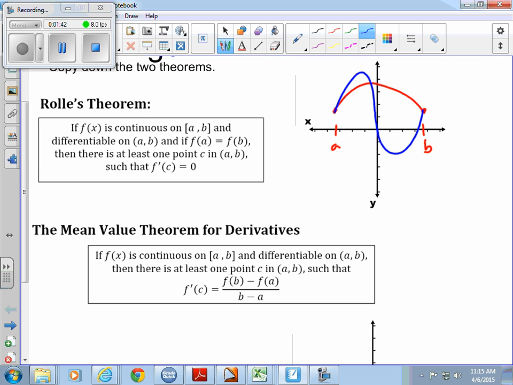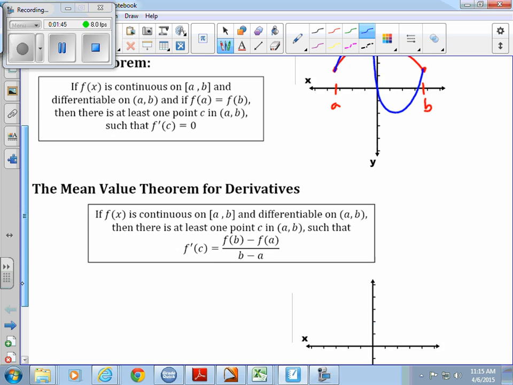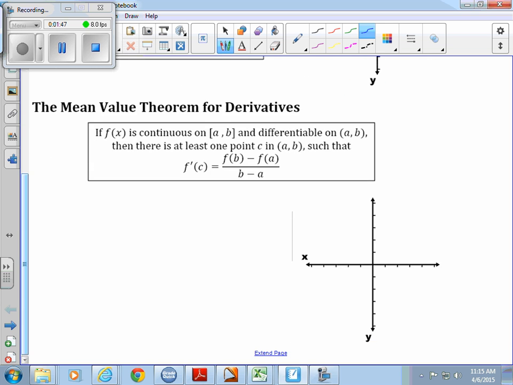Rolle's theorem is a special case of the next theorem, which is called the mean value theorem. Mean value theorem actually is the only one that AP Calculus makes you memorize, but there are a lot of problems that knowing Rolle's theorem makes a lot easier, so we are learning both. But the mean value theorem says that if f of x is continuous on the closed interval from a to b, differentiable on the open interval,